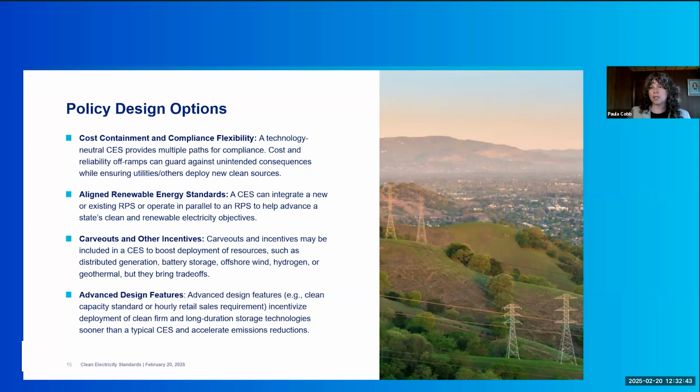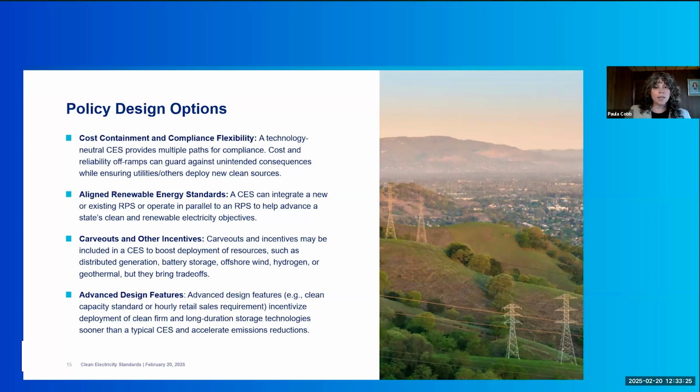kind of policy. A state can decide to slowly ramp that up, or a state can say, we want to target the likeliest, most polluting hours of the year, the most polluting 1,000 or 1,500 hours of the year, and require those particular hours of demand be met by clean electricity, rather than relying on more traditional resources that would come in and supplement renewable energy, for example, when it's not available. And so these kinds of features we have not really seen yet in clean electricity standards, but we are hearing more and more discussion around them as states want to make sure that there's clean electricity more often than not, and that they're able to realize those emissions reductions sooner rather than later.